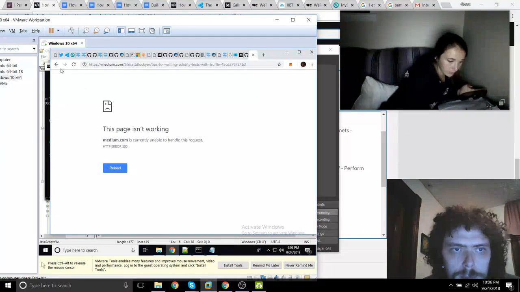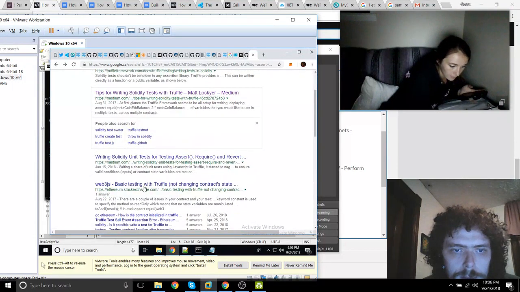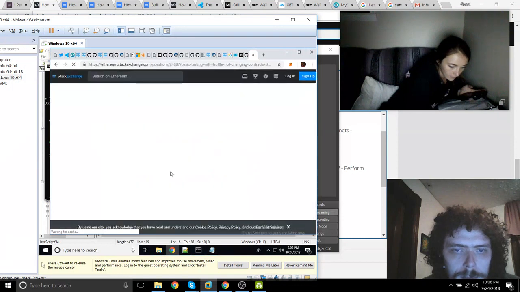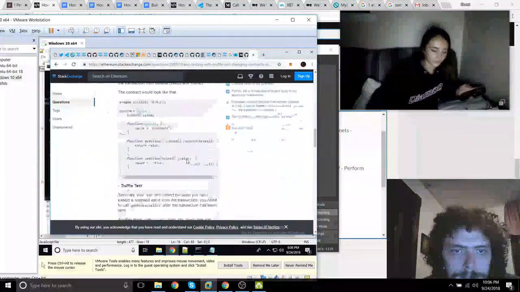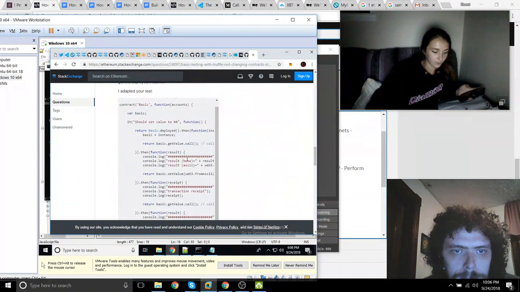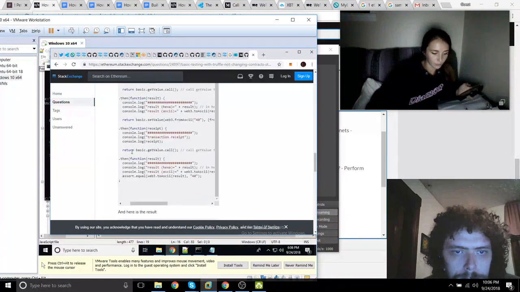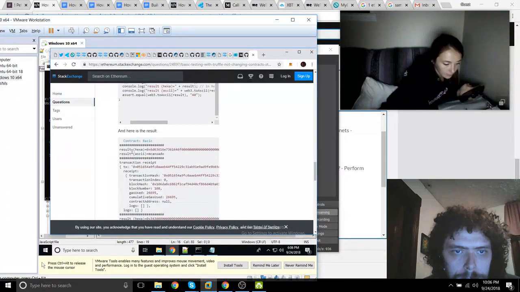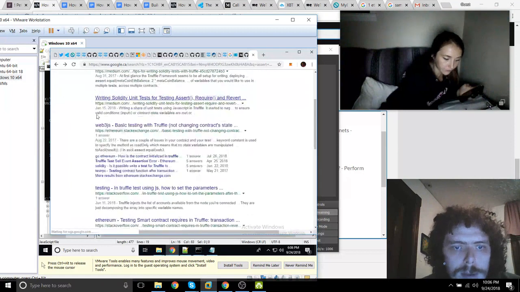No, this is broken. Medium is broken? That makes no sense. Basic testing with Truffle. Okay, that's not what I want. I want to test a variable, man. There's got to be a way.